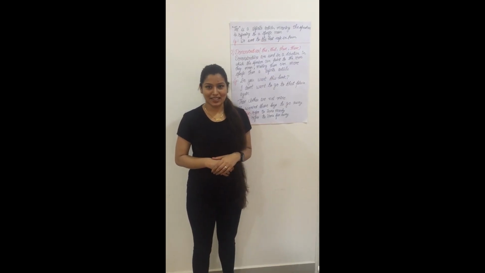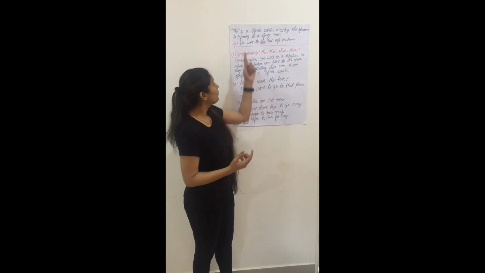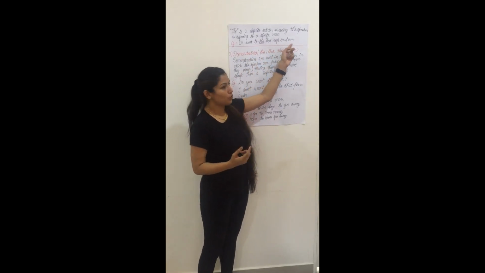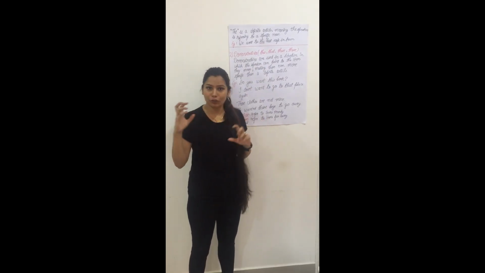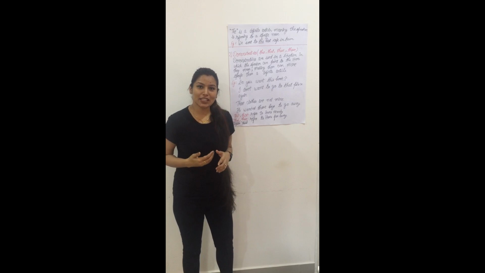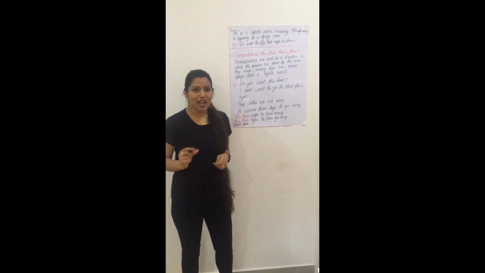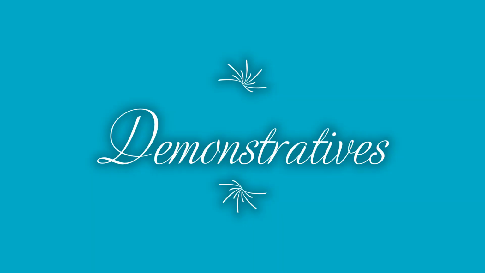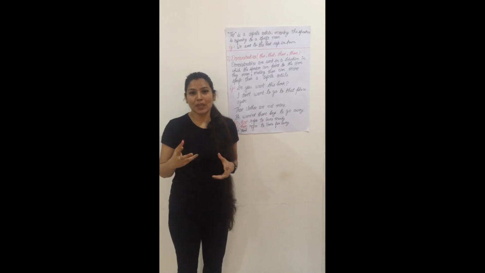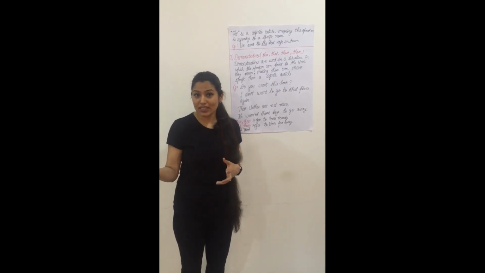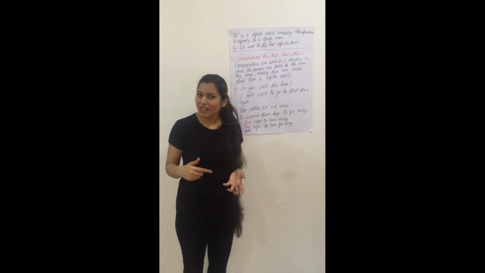The is a definite article in which the speaker refers to a specific noun. For example, we went to the best cafe in the town. So here the article is used for that specific cafe where they have gone. So now students, let's move on to our next determiner, which is demonstrative. This, that, these and those. Demonstratives are used in a situation where the speaker can point out the particular thing they are talking about, which makes it even more specific than the definite article the.